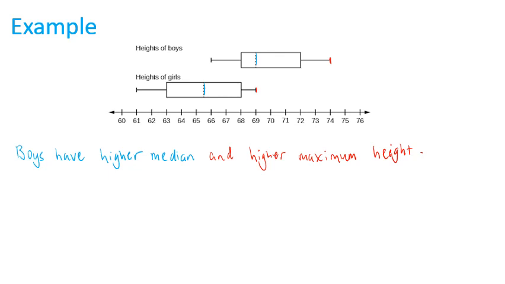Then we could also look at the range. So the range is the maximum minus the minimum. So for the boys it's 74 minus 66, which is 8. And for the girls it's 69 minus 61, which is also 8. So the range of the heights is the same,